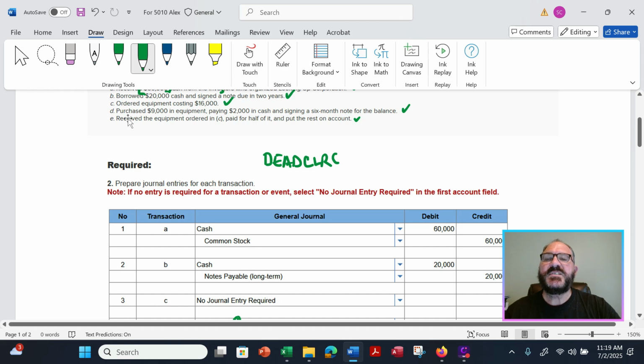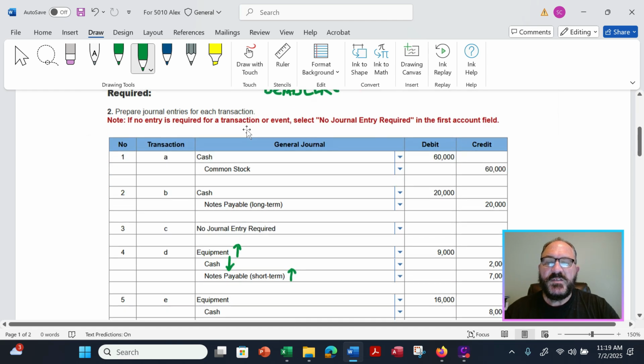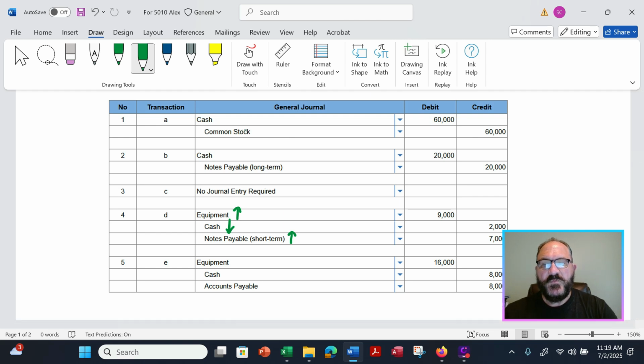Oh, and it says C, received the equipment, paid for half, put the rest on account. So again, here we got more equipment. Our equipment is increasing. Our cash again is decreasing. And our accounts payable, we're going to pay half of this later, is increasing. So now the next part of this is they want you to take this information and put it